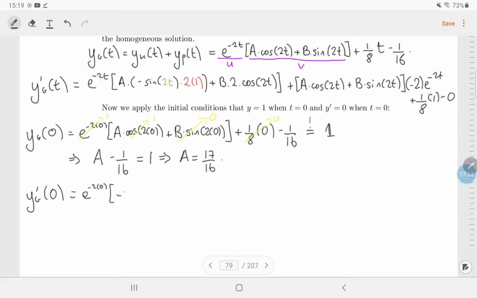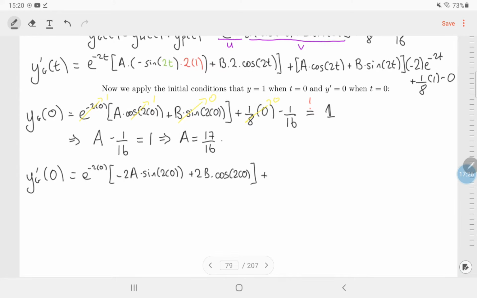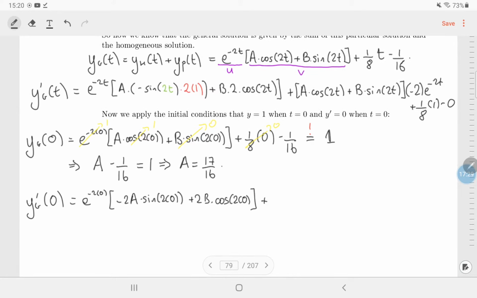I'm going to write that as minus 2a times sine of 2 times 0. And the second thing I'm going to write as 2b times cos of 2 times 0. That's that sorted. The second bracket, now you could say I've already calculated the second bracket because it's the same as this one, but I'll take my time just not to go too fast. This is cos of 2 times 0 plus b times sine of 2 times 0 times minus 2 times e to the minus 2 times 0, plus 1/8,